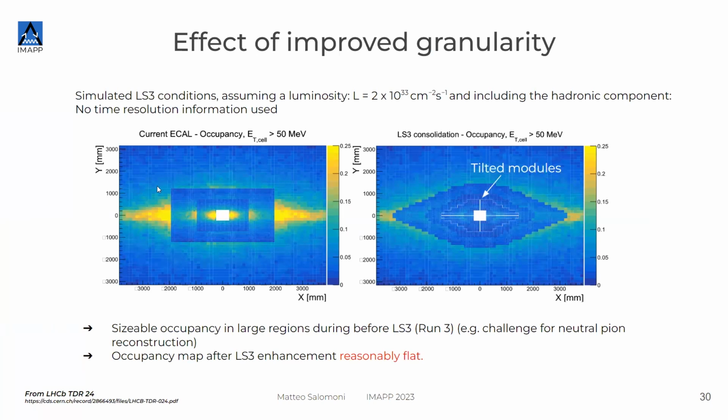And this is the occupancy that I was talking about. This plot tells us how many particles we have per bunch crossing. Every time the two bunches collide, we know how many particles we will have in each specific pixel of this map, which is a specific channel of the calorimeter wall that we are reading. On the left you see before the upgrade, and on the right you see after the upgrade, in the conditions that we will have in a few years from now. So you see the difference between the two.